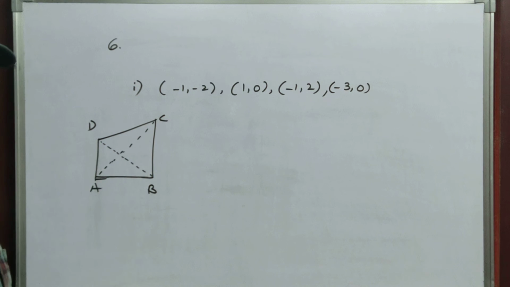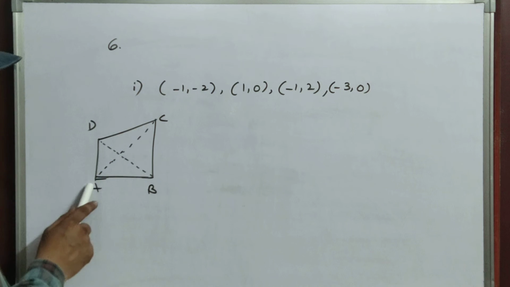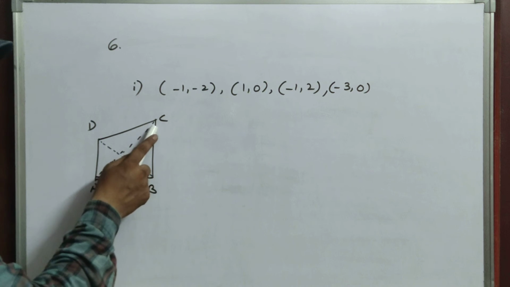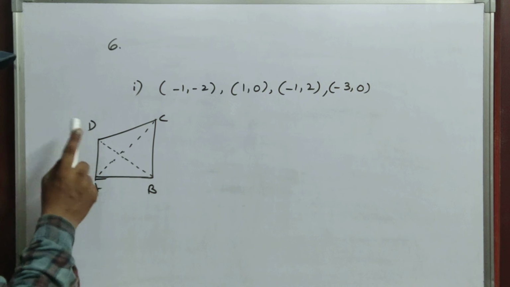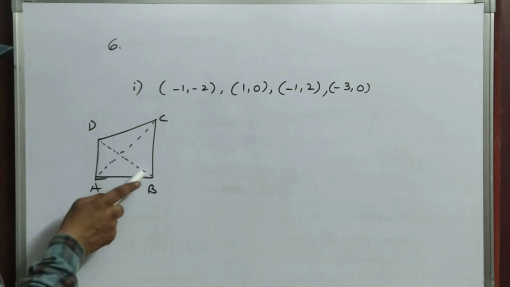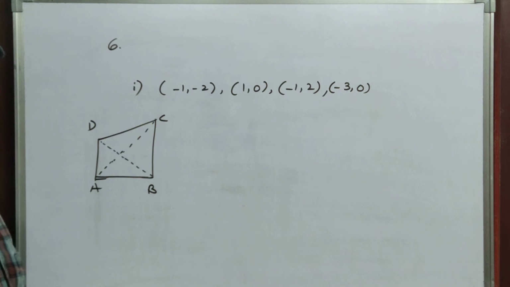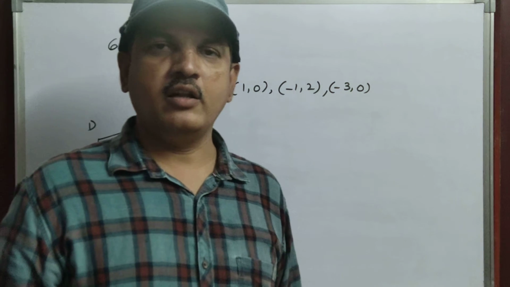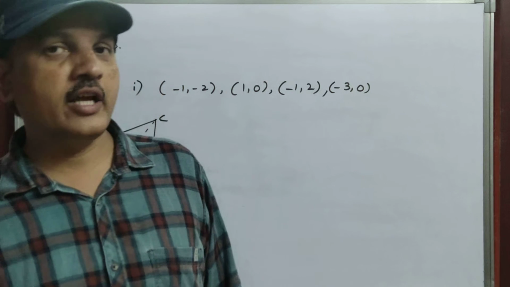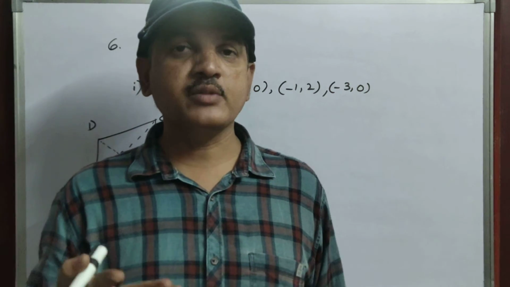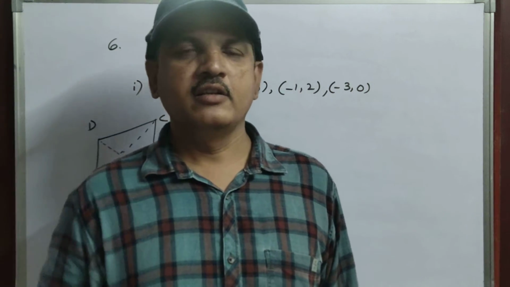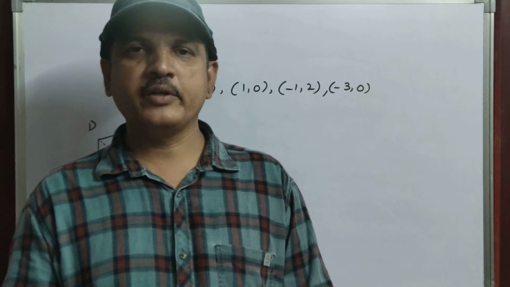That means the same as the previous sum. The way you did the square, use the same method. Find the distance of AB, BC, CD, DA, BD and AC. As you all know, if all four sides are equal and the diagonals are equal, it is a square. If all are not equal, then the given points do not come under a square quadrilateral. Is it clear? You know the properties, no?